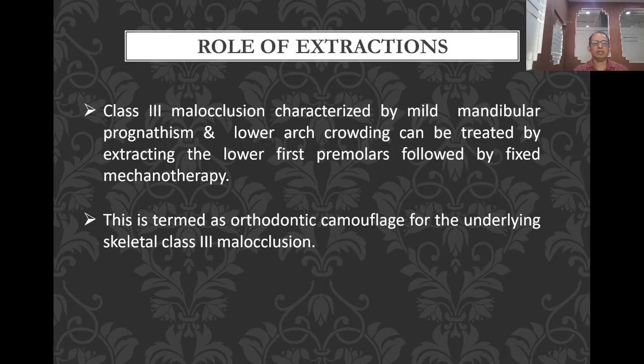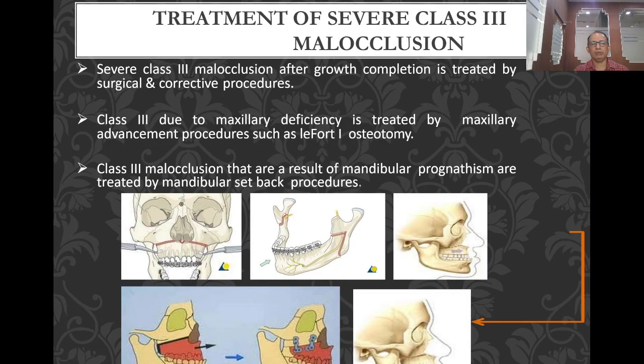Role of extraction. Class 3 malocclusion characterized by mild mandibular prognathism and lower arch crowding can be treated by extracting the lower first premolar followed by fixed mechanotherapy. This is termed orthodontic camouflage for the underlying skeletal class 3 malocclusion. Severe class 3 malocclusion treatment includes